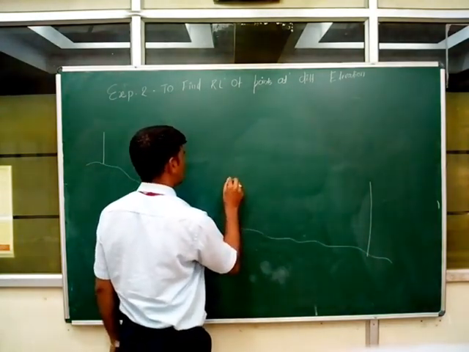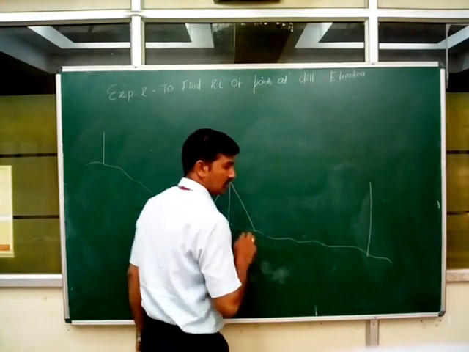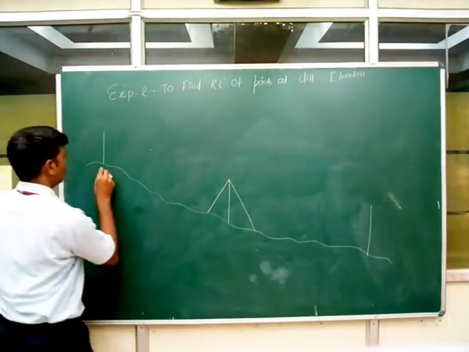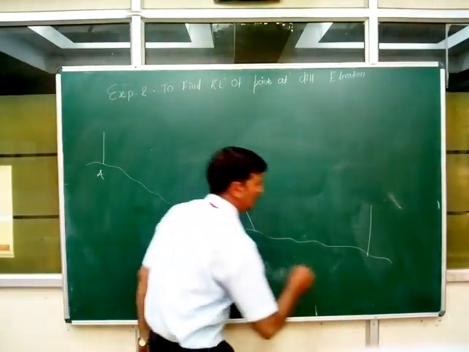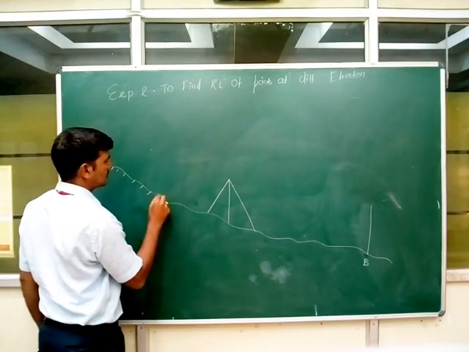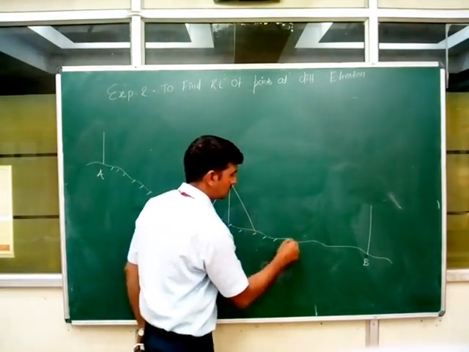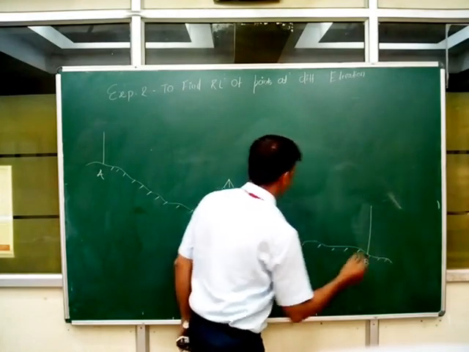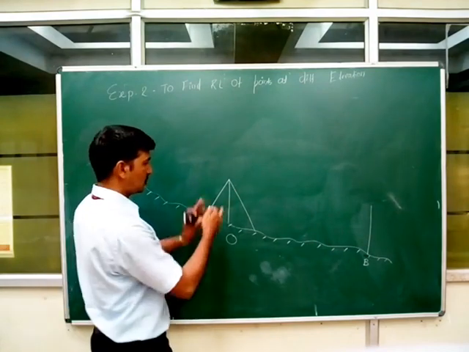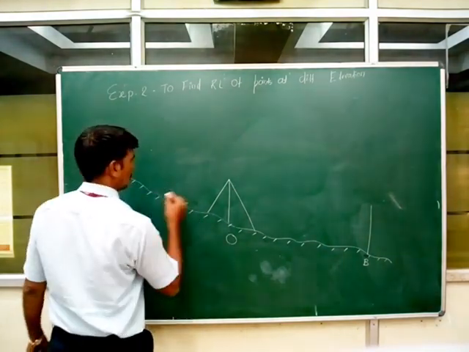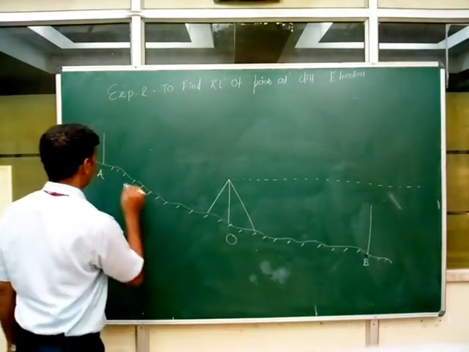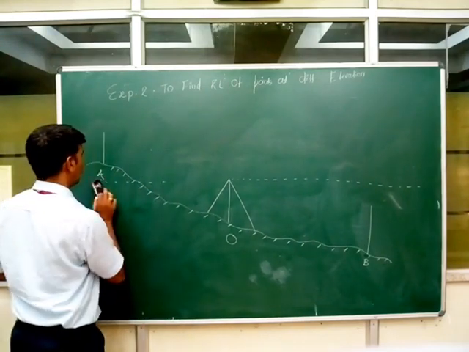Say this is my instrument station, and say this is my another point. We will name these 2 points as point A and point B. This is the dotted line. Let us say this is the ground level. This line will show us the ground level. Now we will call this instrument station O, where I have to keep the tachymeter, and this dotted line is nothing but my line of collimation, or we will say the level line.